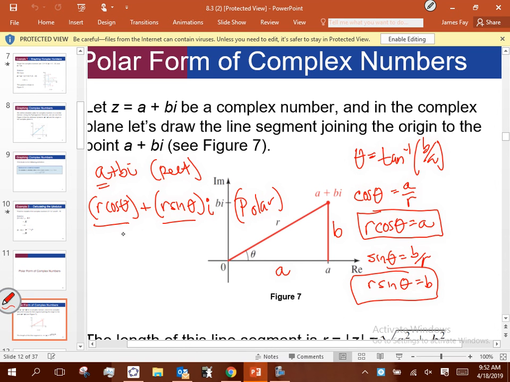Now that polar form a lot of times isn't written that way because they both have an r in them. So they usually take the r out and they go cosine theta plus, now I'd have sine theta times i,